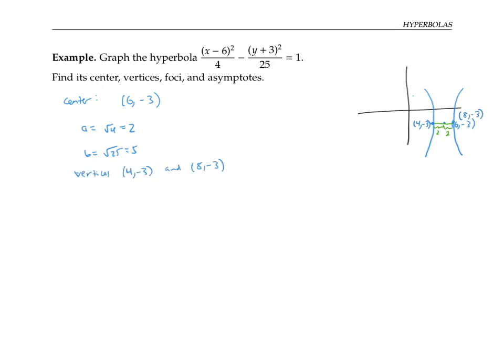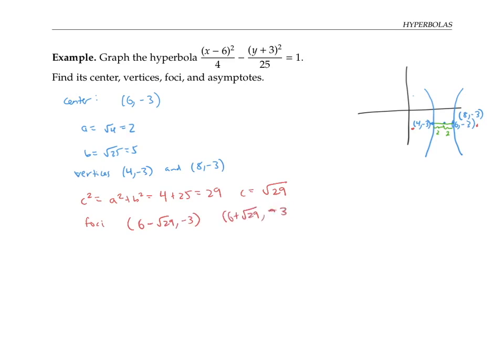To find the foci, I need to figure out c squared, which is a squared plus b squared, or 4 plus 25, 29. So c is the square root of 29. I'll sketch the ballpark position of my foci here, and the coordinates are going to be at, let's see, center is 6, so 6 minus square root of 29, same y-coordinate of -3, and